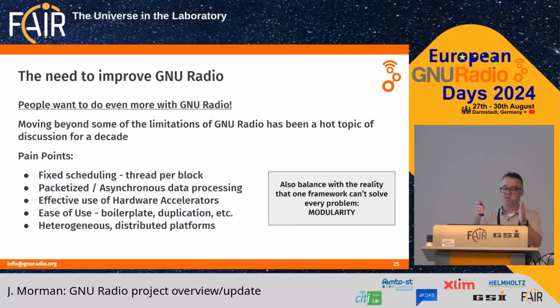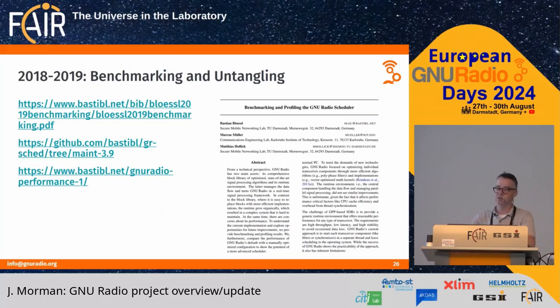So we have to balance all of this, anything that we're going to fix, with the fact that one framework can't solve everyone's problem. So really our theme for the last several years has been modularity. That's what we want 4.0 to be, a modular solution where we don't want to solve everyone's problem for everybody, but we want to carve out the places where there's something specific. You need something scheduled in a certain way. You need some real-time, low-latency scheduling. Well, you can develop a scheduler for that. So I'm jumping ahead a little bit. Let's get back to the history.